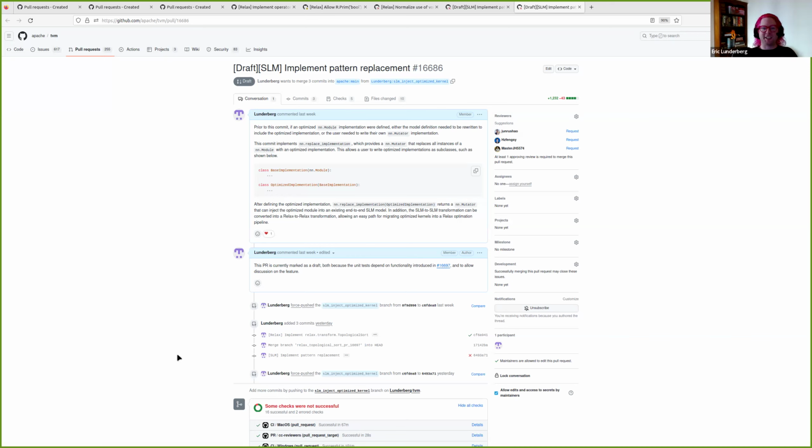And the reason for this is the Slim model definitions are a lot easier to write. They're a lot more familiar for users who are coming from a PyTorch world. They are easier to inspect at a high level and give names to what the different components are. If you have a 10,000 line list of Relax operations, it's hard to say what any one of those is doing. If you say this is the attention layer, then that's a lot easier to work with at a human